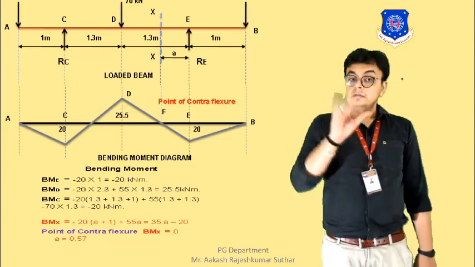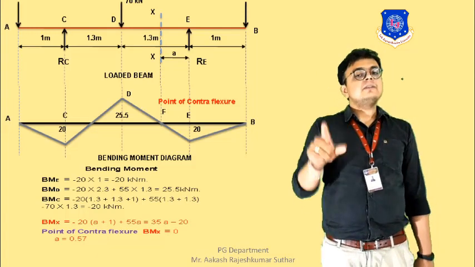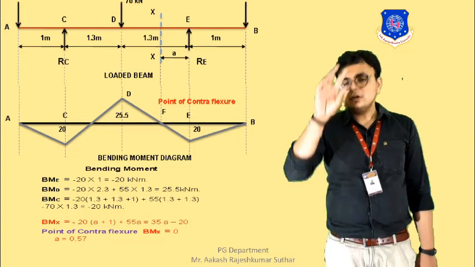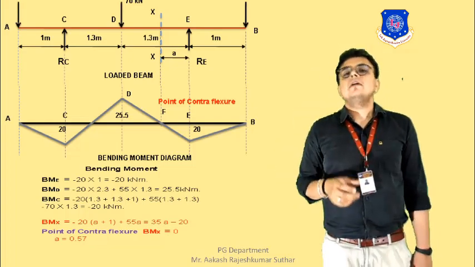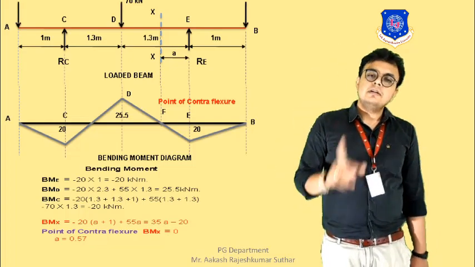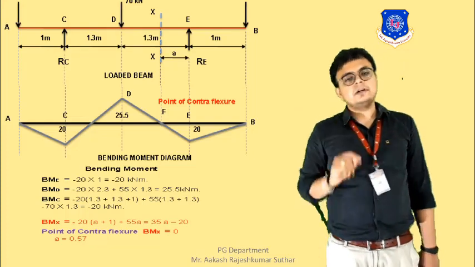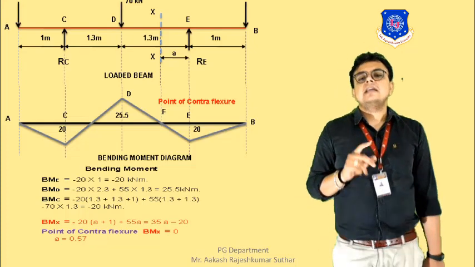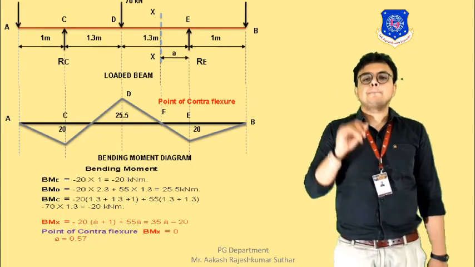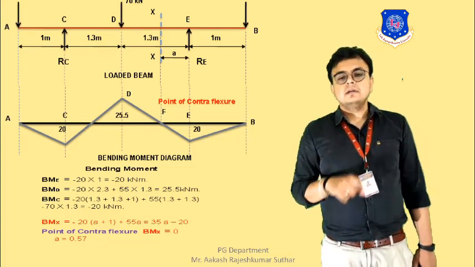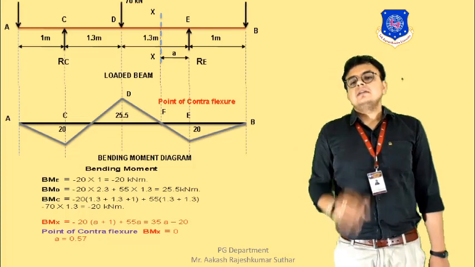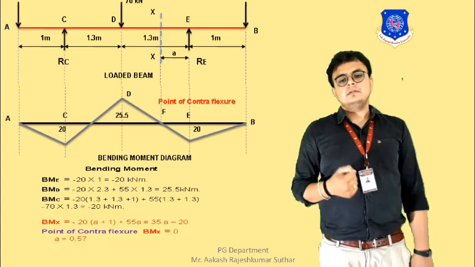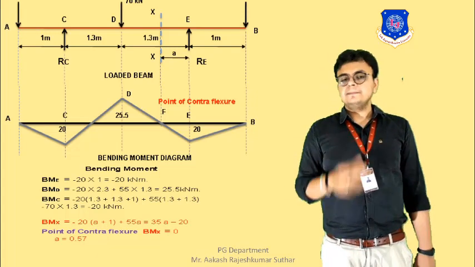Here you can see that at B and at D the loading is in downward direction and both of them are creating the moment of clockwise on the right hand side of the joint. So, that will be termed as negative. And at E point we are having the reaction which is creating the moment in anti-clockwise on the right hand side of the joint. So, that is how the calculation is being done.